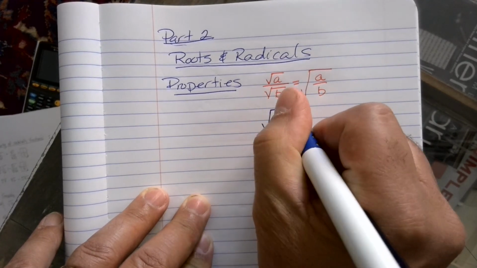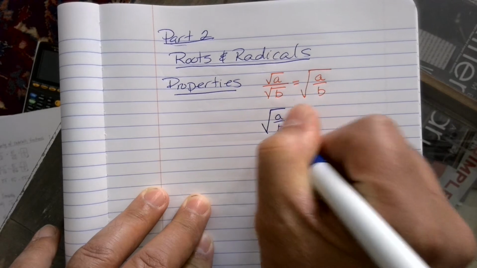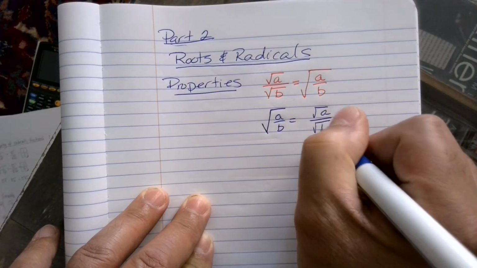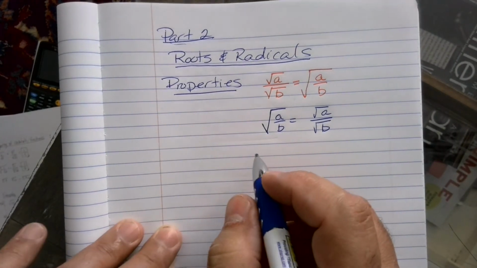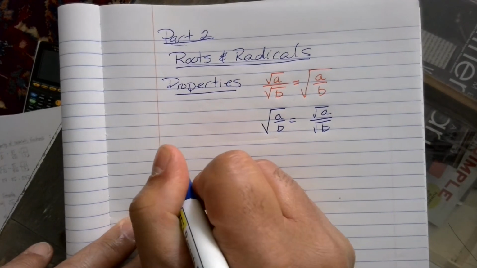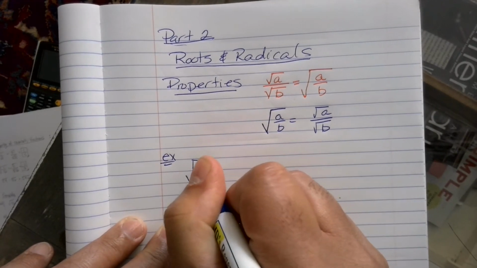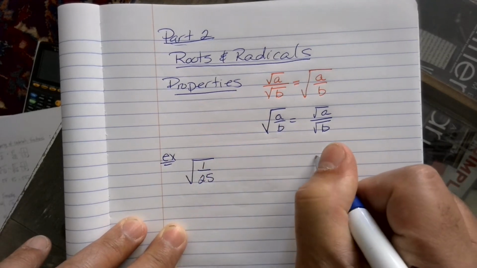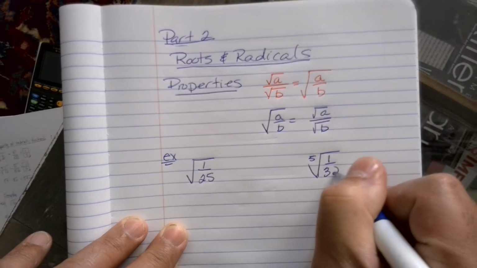We could say if I have a fraction, whatever, a over b, I could break that up as square root of a over the square root of b. So some examples of this, if I had the square root of 1 over 25, or the fifth root of 1 over 32,